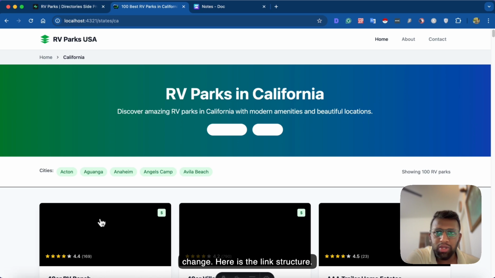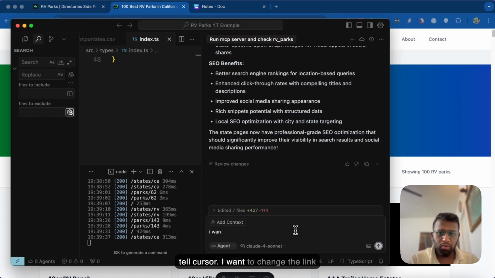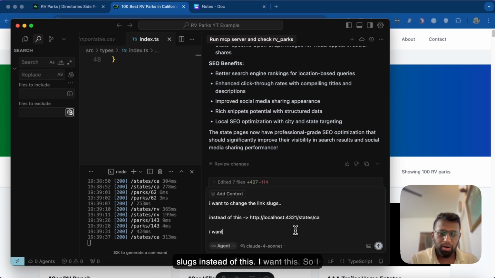Here is the link structure, right? I think the link structure is not that good. So what I will do is I will tell Cursor I want to change the link slugs. Instead of this, I want this. So I want just probably California, state level name here,